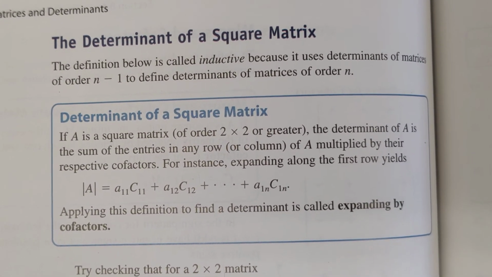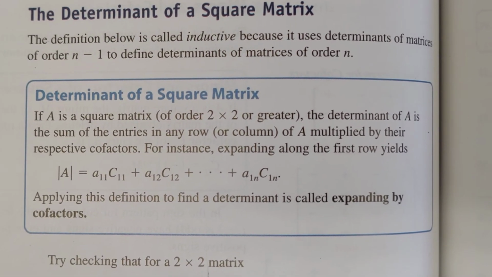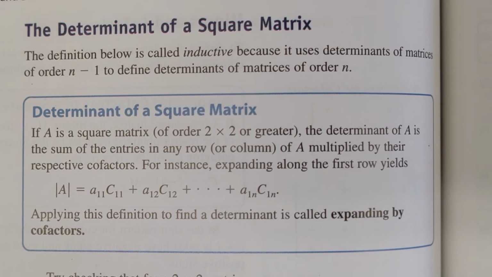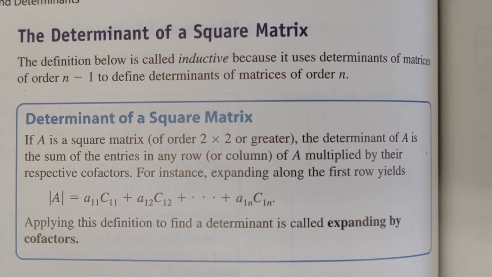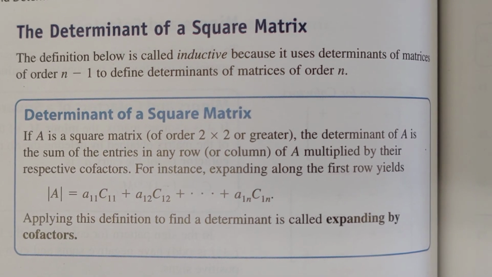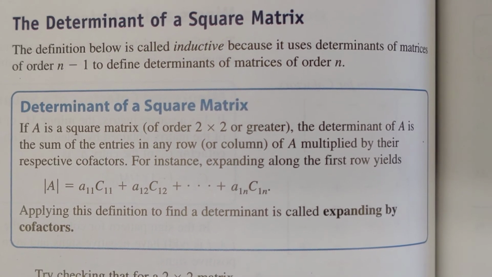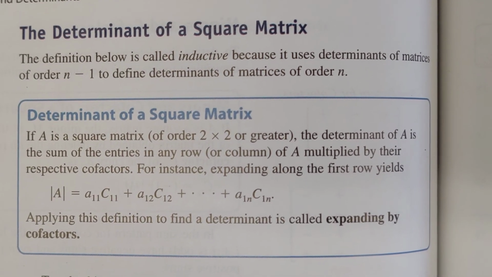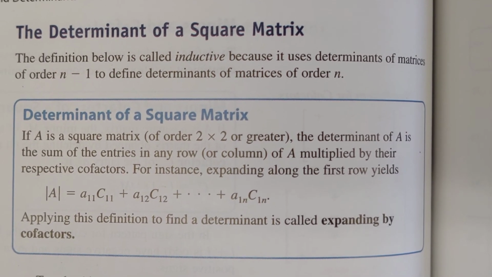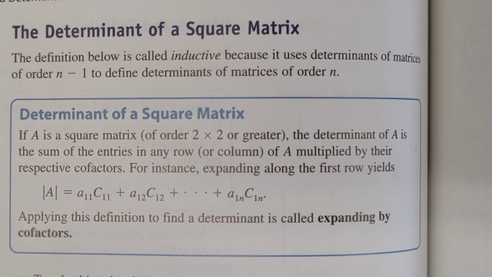And so we are told how to find the determinant of a square matrix. All you need to do is find the sum of the entries in any row or column of A multiplied by their respective cofactors. Okay, so to summarize, to find the determinant of a square matrix, choose a row or a column, whichever you think you want to use. Find the product of each entry with its cofactor, and then find the sum of those